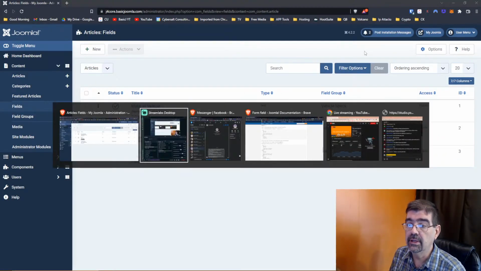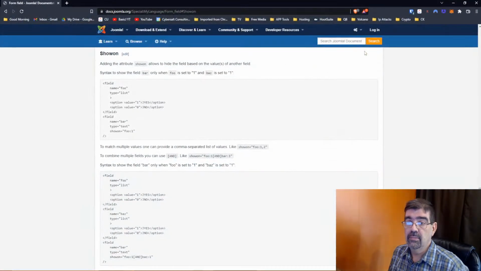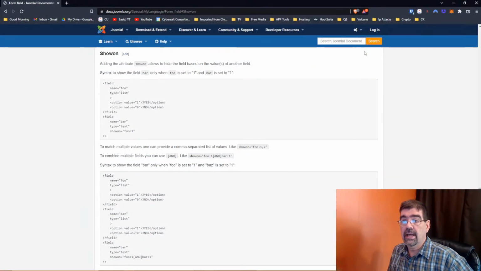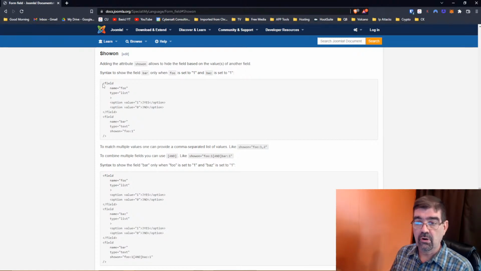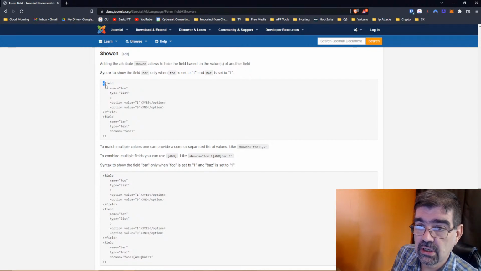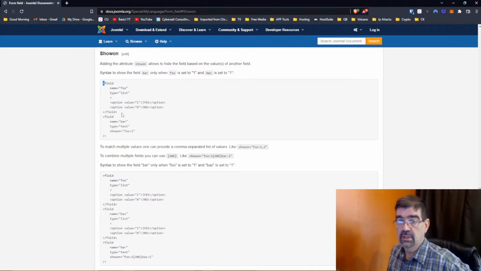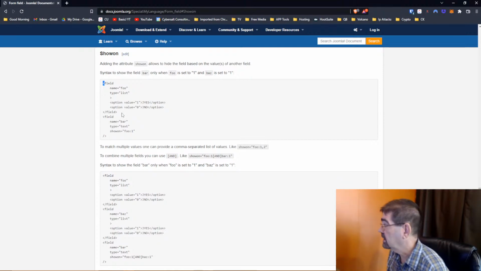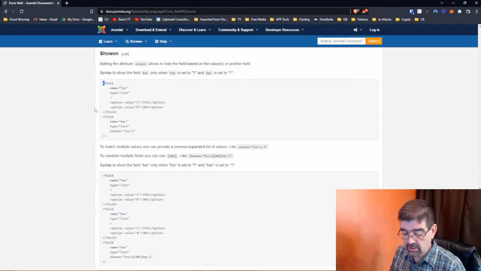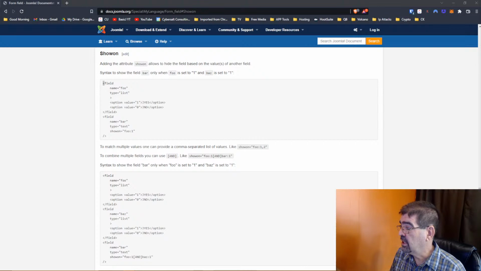Now let's go back to what is mentioned here. Adding the attribute show on allows to hide the field based on the values of another field. And this is some coding that would go in the page. All right. Field, field name equals foo. Field name equals bar. Okay. I see what he is saying, and he does mention too, if I read his message, that